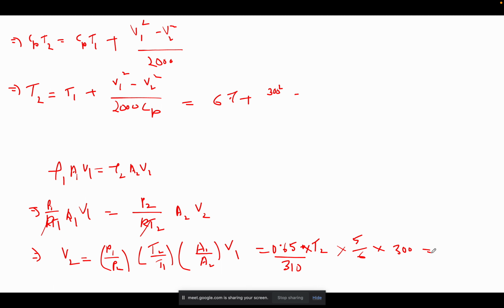Okay, so from here what you can do, 0.65 into 5 into 300 by 6 into 310, 0.524 T2. Okay, so here you will get 0.524 T2, so this will be basically 0.524 T2